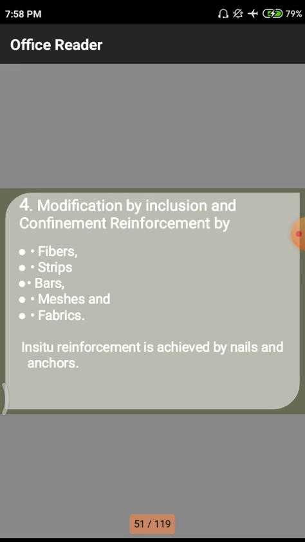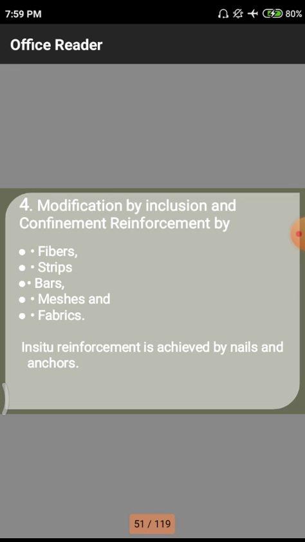Normally concrete is good in compression and weak in tension. Likewise, we have different kinds of soils which have good binding properties. But when any lateral forces are applied on those materials, there will be breakage of those particular soils. So we have to use additive materials like confinement reinforcement in those soils to improve the soil properties.